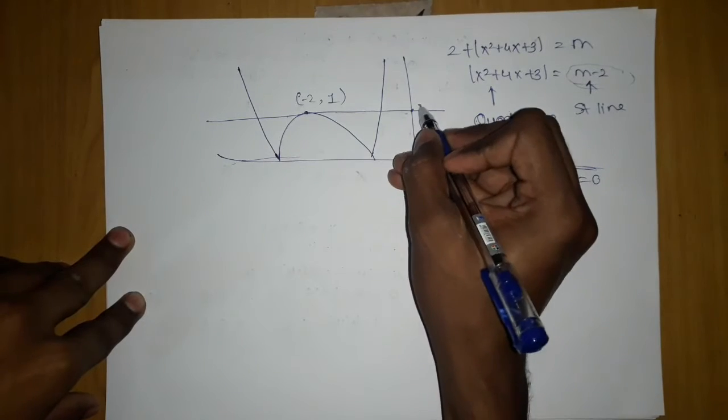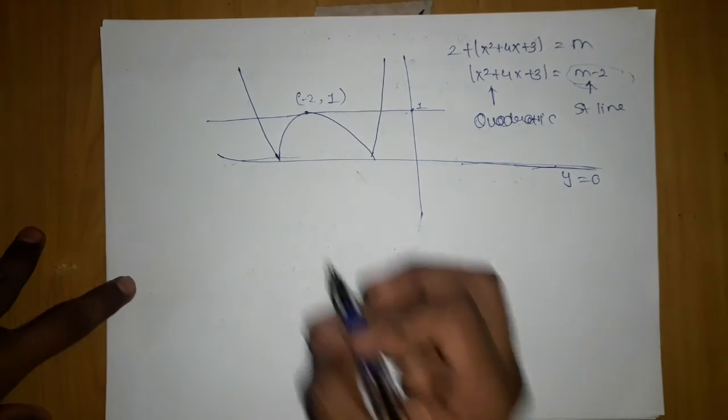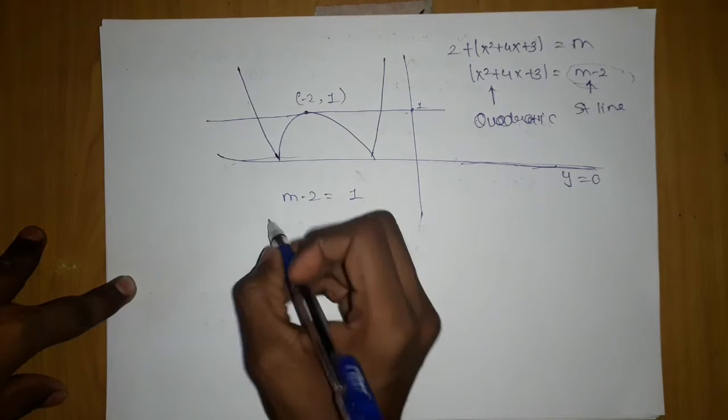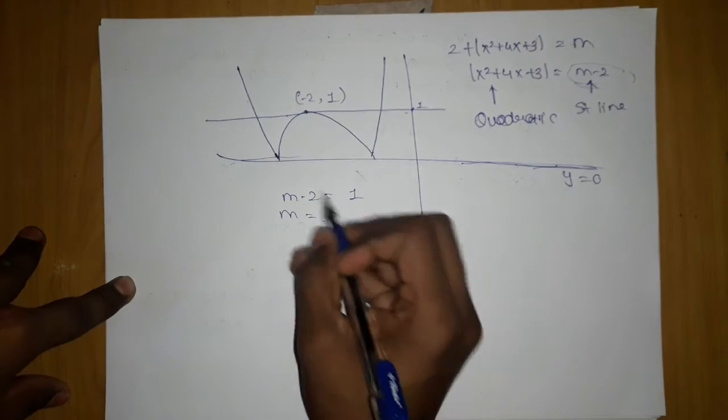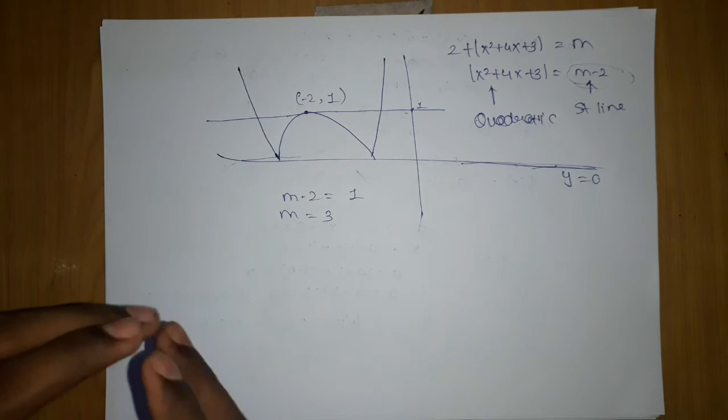We know this point, it is 1. So m minus 2 should be equal to 1. m should be equal to 3. So for it to have 3 solutions, meaning 3 roots, it should cut the graph three times. In functions they will tell you the condition of a function, that if you draw a horizontal line, it should not cut the graph twice. But there is nothing to do with that here. Don't try to get involved in the function thing, just try to stay in the question.